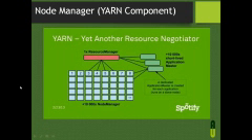Node Manager, what work does it perform? YARN is Yet Another Resource Negotiator, that is the full form. The Resource Manager takes the data to the Application Manager, and the Application Manager creates the data in the form of blocks. So we are looking here at the work performed by the Node Manager, and then the data is processed with the Application Master.